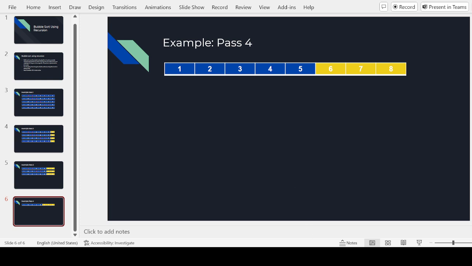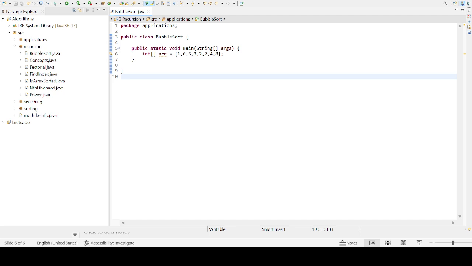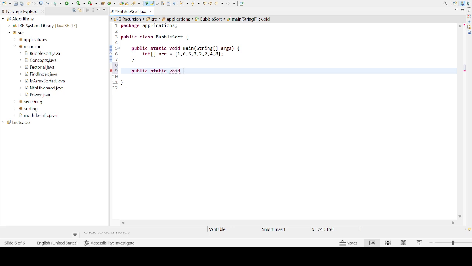So let's write the code for this. I've already created an array which contains the same elements. I will create a separate method, public static void bubble sort. Here we will be using recursion instead of for loops. First we will take a couple of arguments as our input. First will be the array,